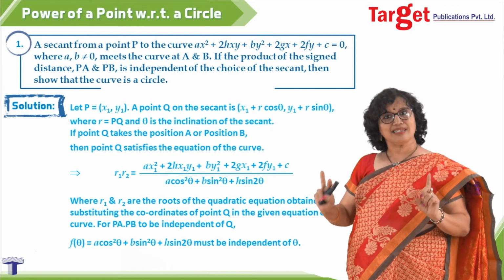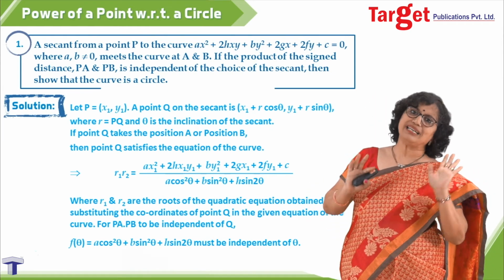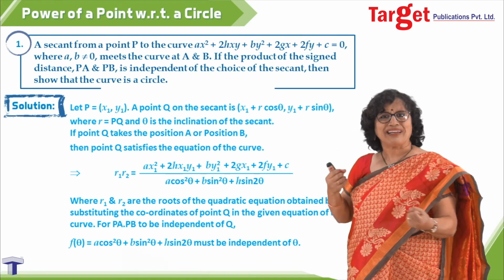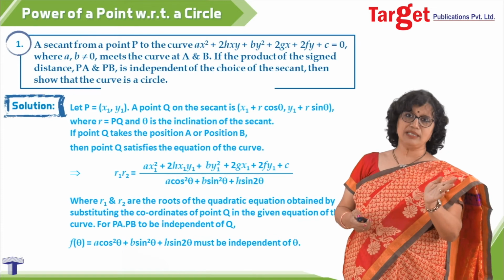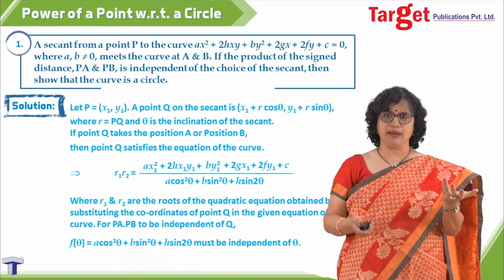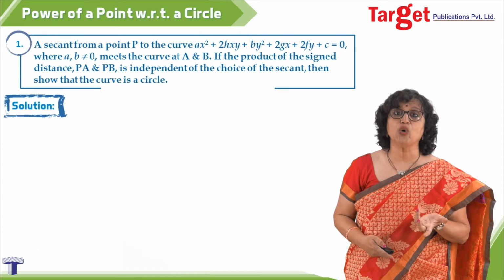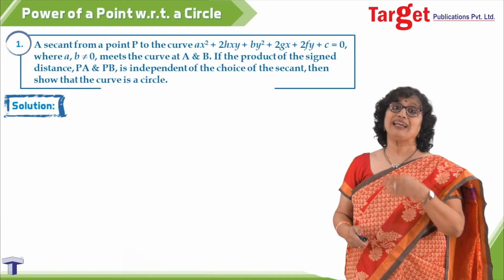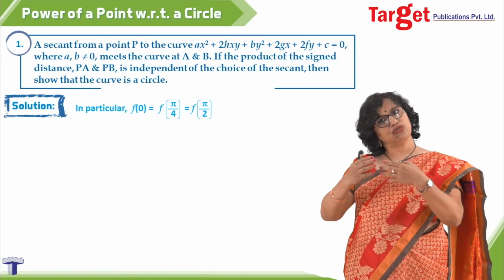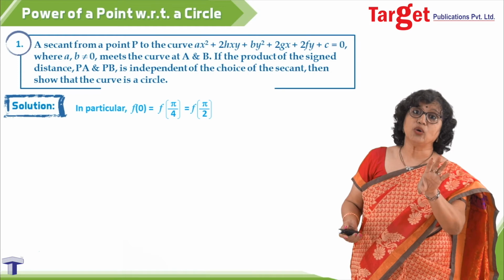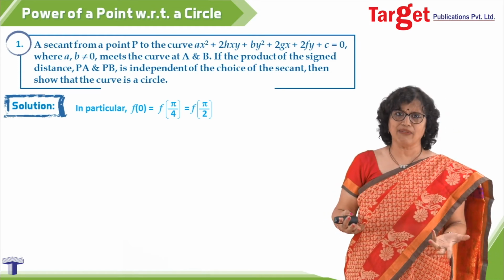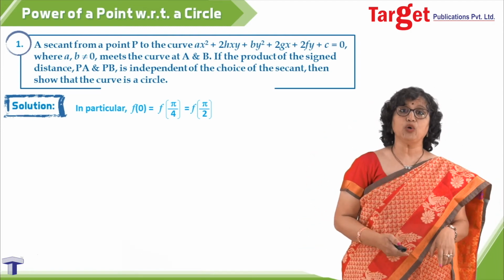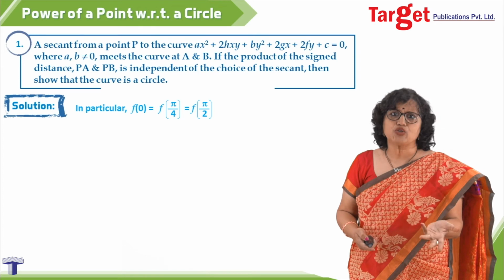Mind you please, this is actually an exercise of calculus. I mean, we learn techniques there and then we proceed further. But I'm not actually using a big thing like calculus here. So, using little common sense when simple terms of cos theta and sin theta are appearing, you can use that simple idea also, and just understand one thing, that if it has to be independent of theta, then the value of that expression for any theta should be the same. And if that is the thing, then f0, f pi by 4, these would be the standard values. Means I'm choosing theta to be 0 or theta equal to pi by 4, or I can choose theta equal to pi by 2 also. These three values should be equal if it has to be independent of theta.